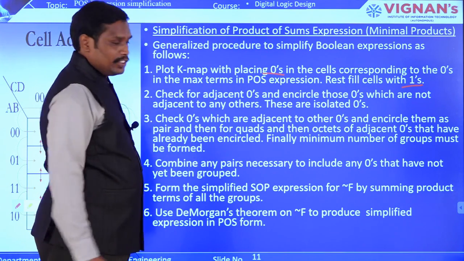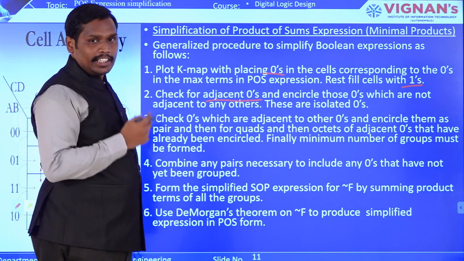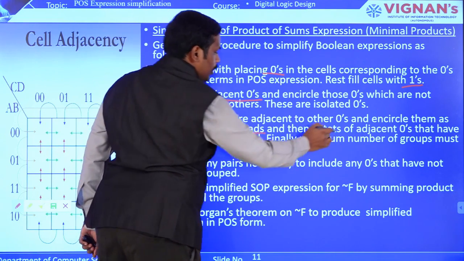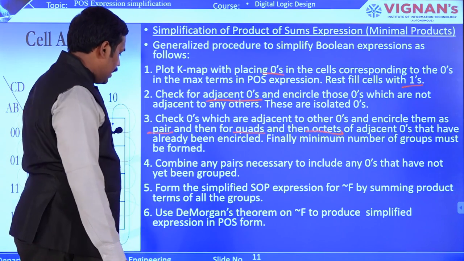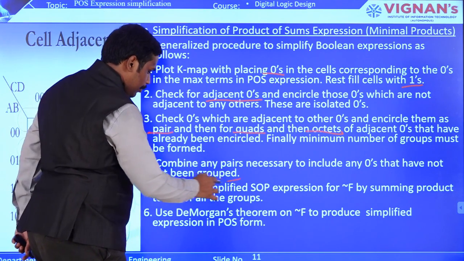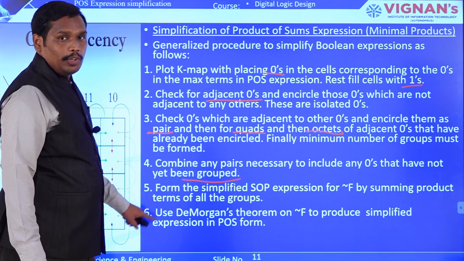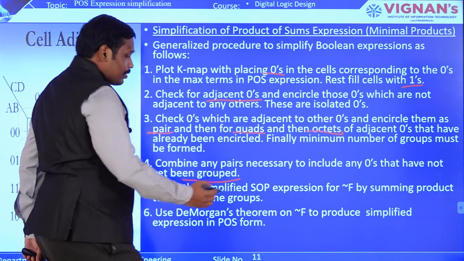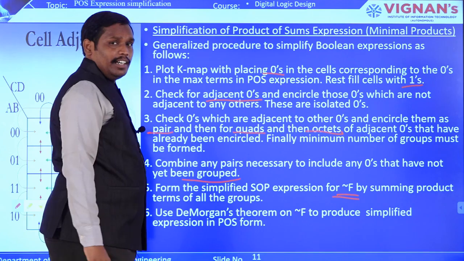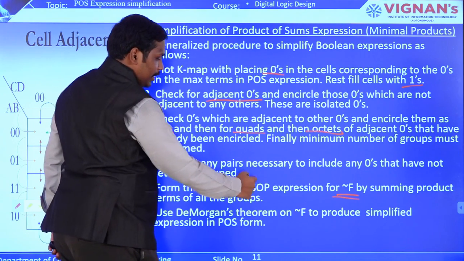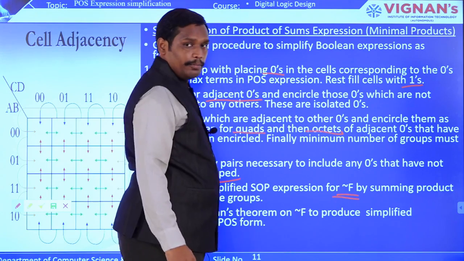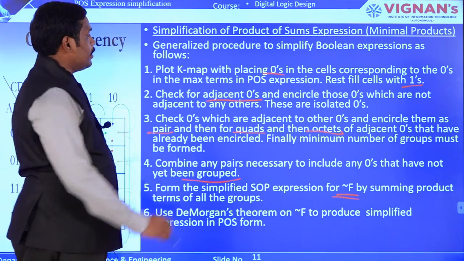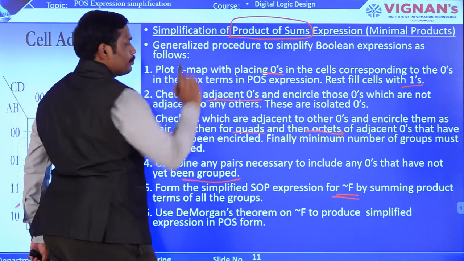Next we check for adjacent zeros. There we checked for adjacent ones, but here we are checking for adjacent zeros, right? And in the same way, pairs you have to check, quads you have to check, octets you have to check in the given Karnaugh map. And finally, if any zeros are left out, they can be grouped. And these two are different when you compare with sum of products. Now when you are deriving a simplified expression, we say that this particular SOP expression is the negation of f. Because this is SOP, we say it is the negation of f. So you want to simplify it and get product of sum.